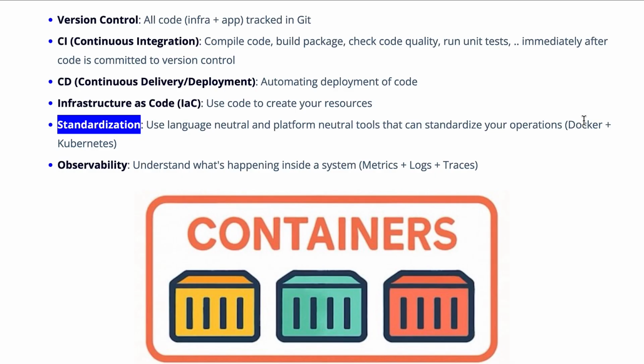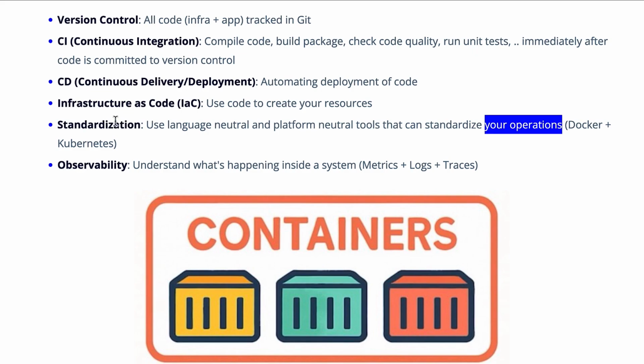If you are making use of Docker and you are creating Docker images for your applications, then irrespective of whether the application is a Java application or a Python application or a Node.js application, once you create a Docker image, the way you would deploy it would remain the same. That would make the job of your operations team very, very easy.